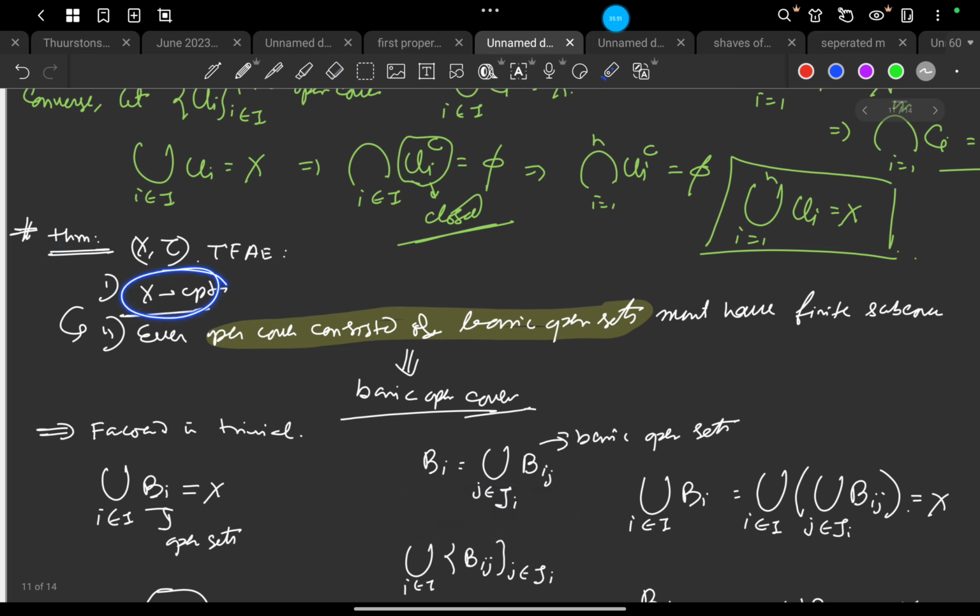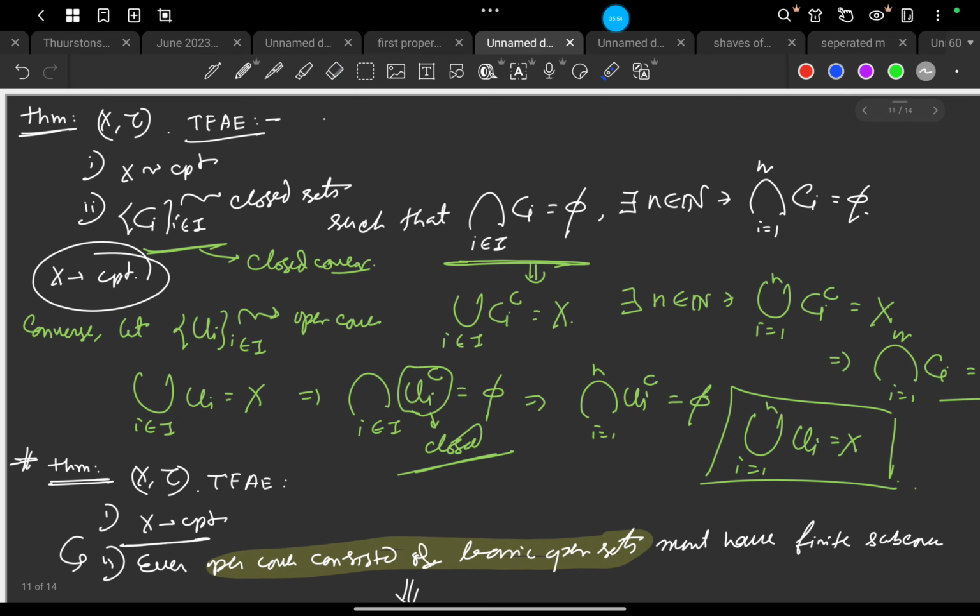If X is a compact topological space, then any arbitrary class of open sets with empty intersection must have a finite number of sets with empty intersection. So this relation between the finite intersection property and compactness is hidden in there.